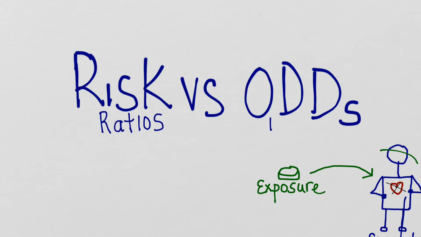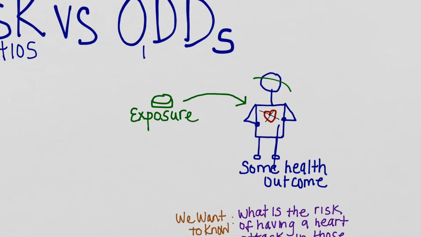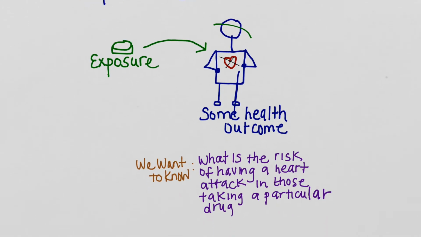After today's lecture, you should have a greater understanding of these two statistics, understand their role in epidemiological research, and know how to interpret the results when these statistics are reported. Most importantly, in the older epidemiological research, when these statistics are not reported, you should be able to calculate them and make inferences about that particular study's results. So what we know about odds ratio is this: we're looking at the relationship between